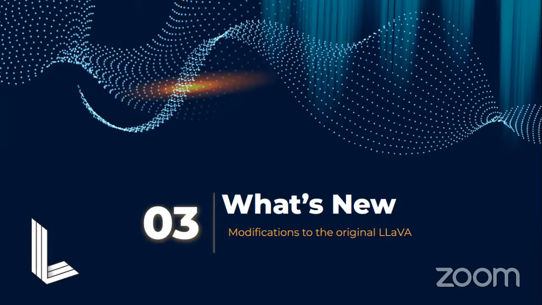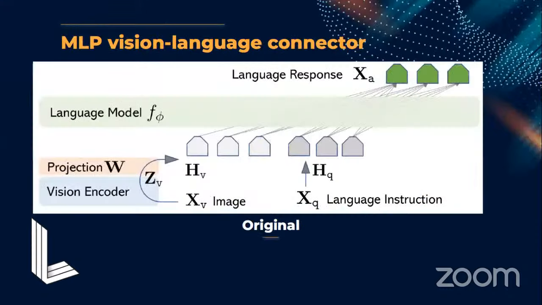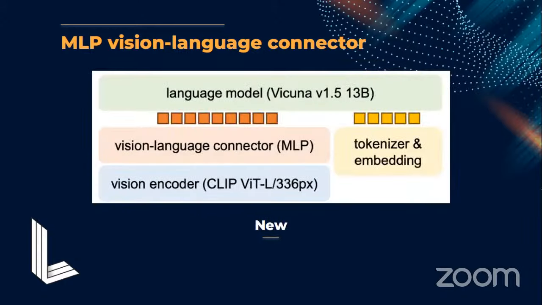Now we're going to talk about what's new in this version of LLaVA, all the modifications made to the original architecture and the training to get the new results. So first, the MLP connector. A strategy to align vision encoders and large language models that were separately trained is to use an MLP vision language connector. In the original paper, they used a simple linear projection matrix. In the new architecture, they used an MLP, and more specifically, a two-layer MLP